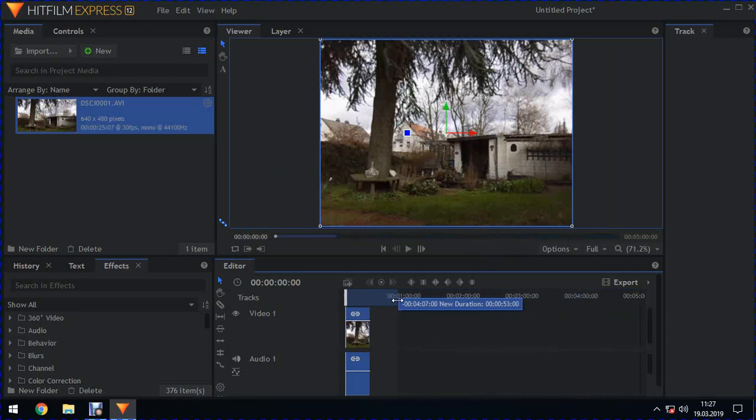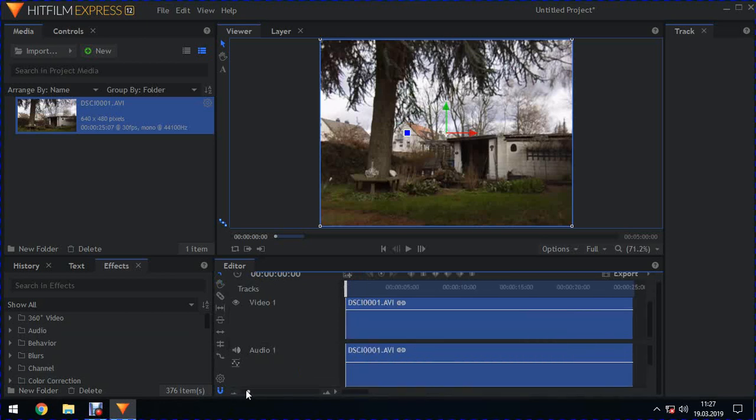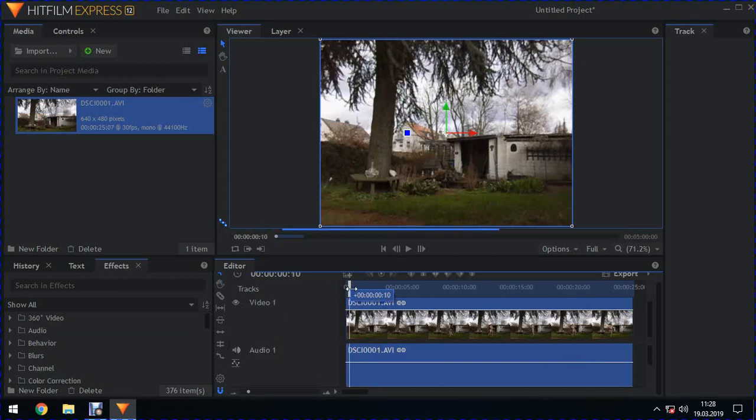So we shorten the duration of everything to something around 25 seconds and 11. Yeah, that's the duration of that clip. So what do we want to do? First, let's enlarge it a little to something around that. That's okay. And now we scrub forward